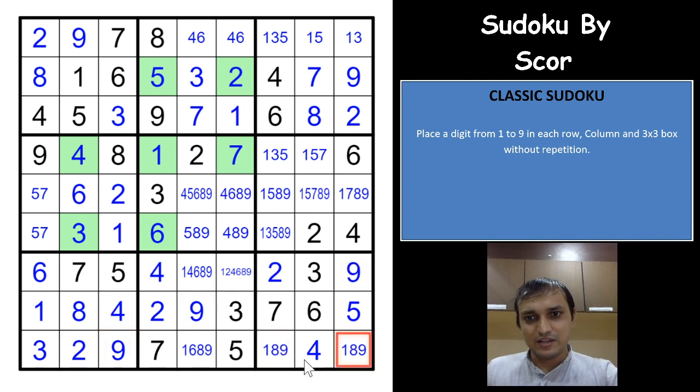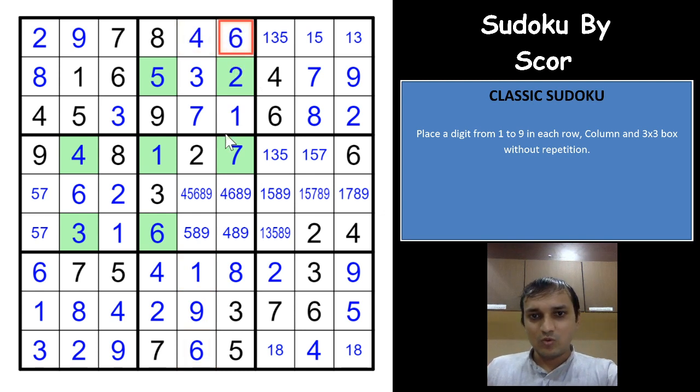You need to have 1 8 here somewhere in these two boxes. So that eliminates 1 and 8 from here, 9 from here, so this becomes a 6. So 4 and 6 is eliminated from here, 9 is also eliminated from here. You have a 1 8 pair here, and because of the 1 here, you have an 8 here and a 1 here. That gives you a 4 here because of the 6. Wow, that gives you a 4 here in this cell. So 9 is also eliminated from this cell, 6 is also eliminated.